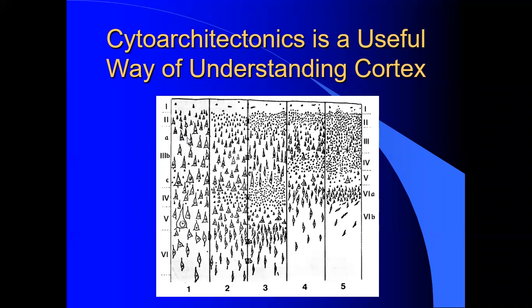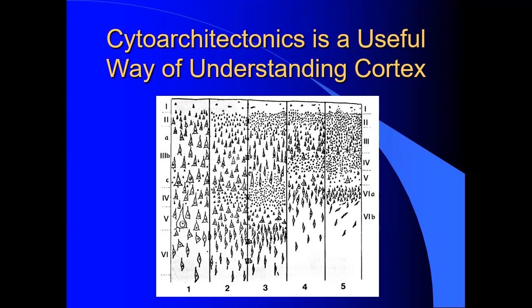So he called this a type 1 cortex, which was all output neurons, all these big pyramidal neurons. At the other extreme were the primary sensory cortices,